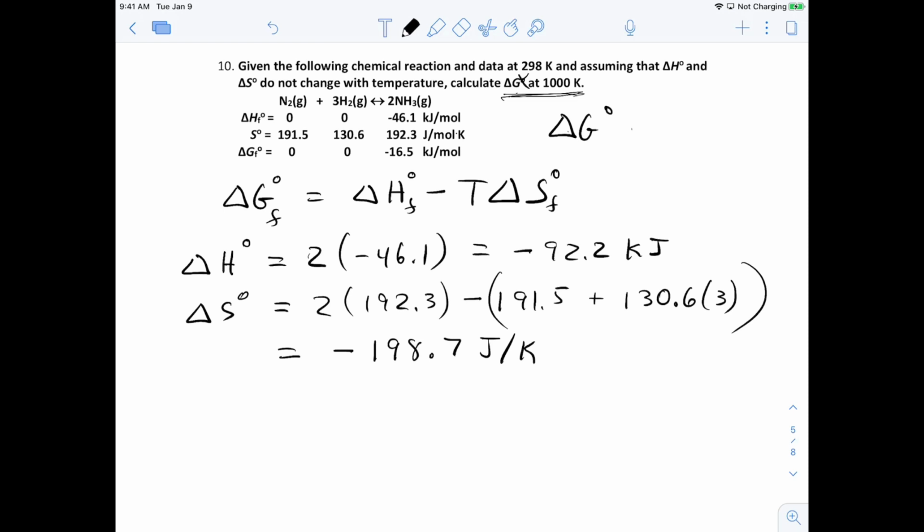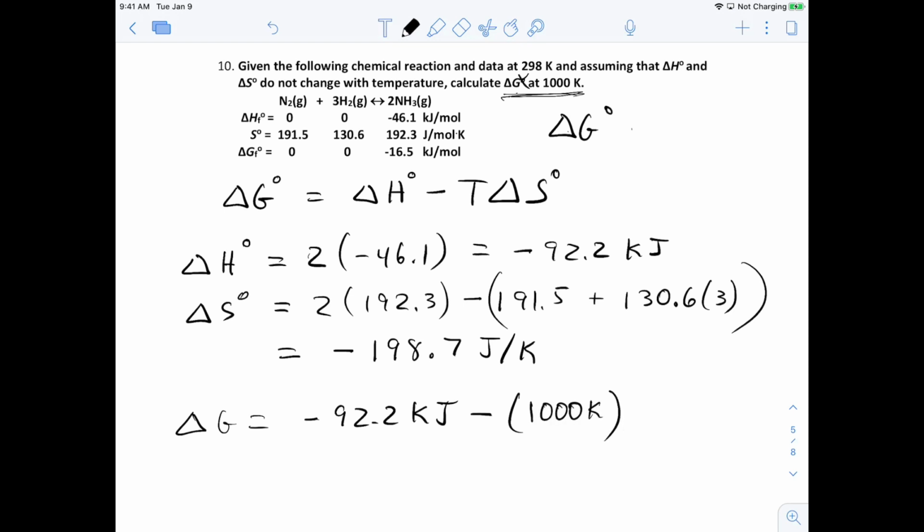So now, I really shouldn't have an F here. These are for the reactions. So now the delta G for the reaction is going to be negative 92.2 kilojoules plus, or I can say minus T delta S. Temperature is 1000 Kelvin,